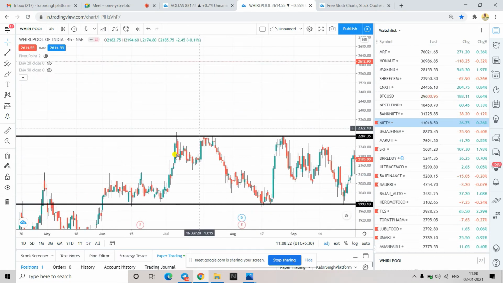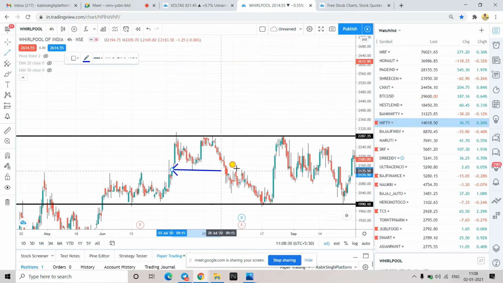So this is a double top here, if you could see. This is one top, this is another top, and this is the neckline. Price was going up, reached a place, gave a correction and made a bottom. The neckline is the bottom of this, and again it tried to go up. Again it was not able to cross, and then there was a sharp fall. So double top is a bearish pattern.